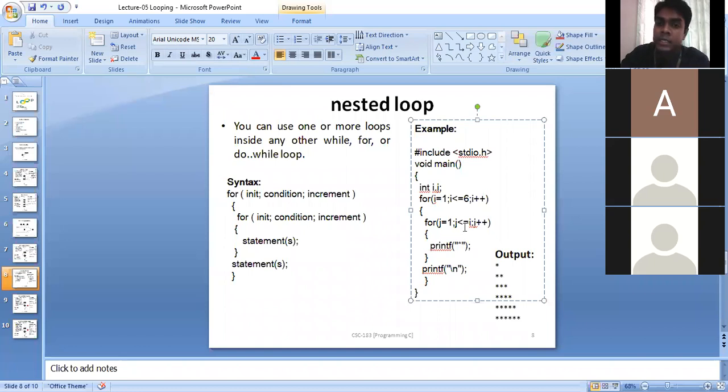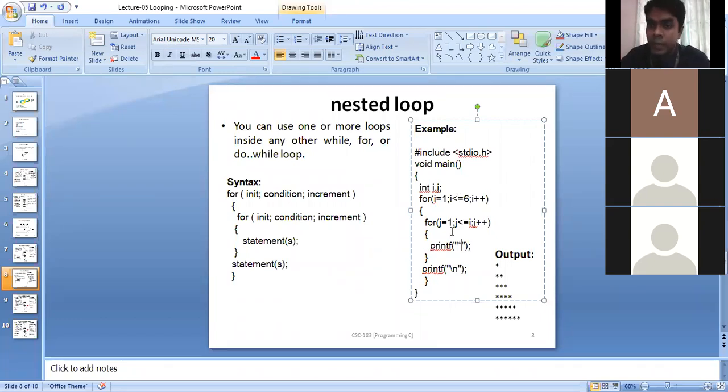Until the inner loop condition is false, it will keep working with the inner loop, but when the inner loop condition becomes false, it will jump out and go to the increment section of the outer for loop, and it will check the condition of the outer for loop. Again, it will go in the inner for loop.